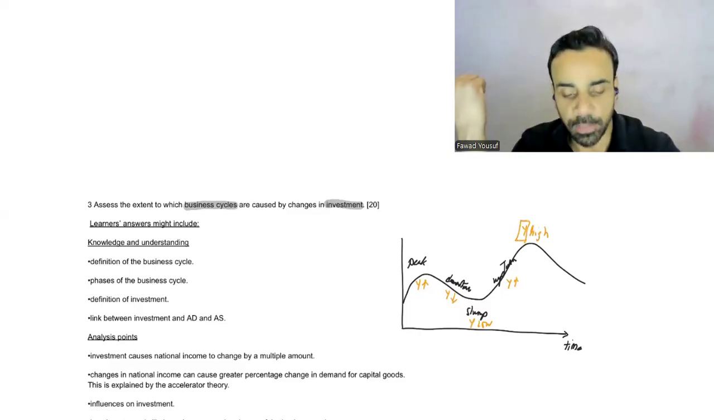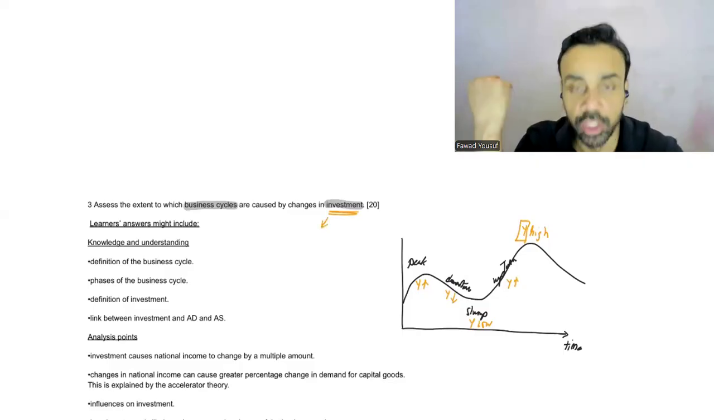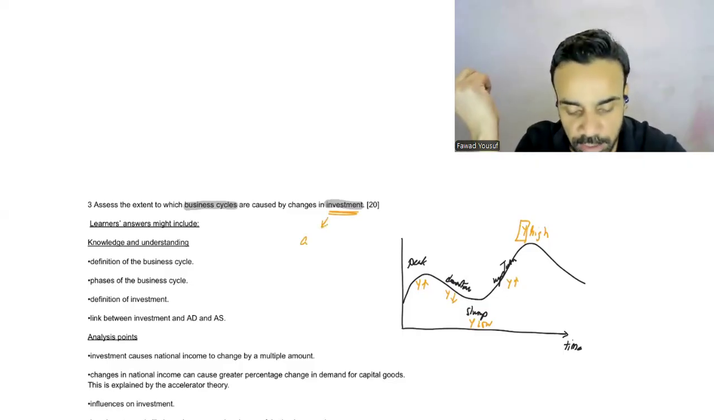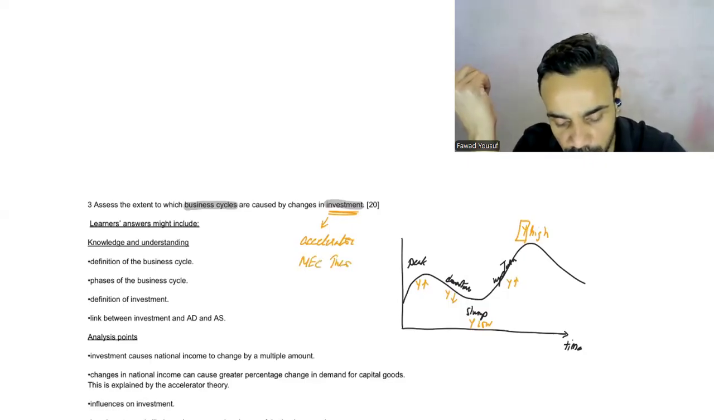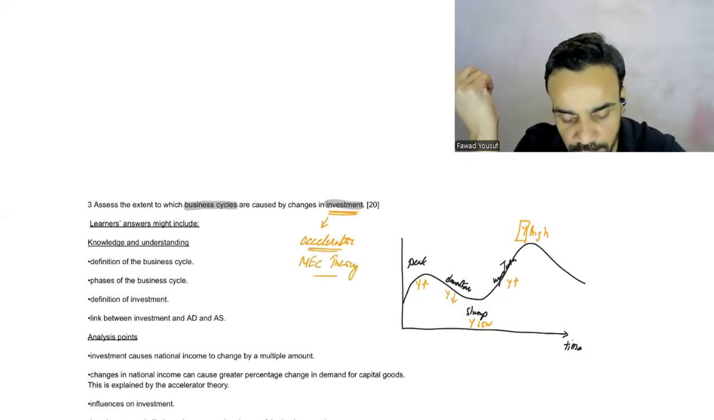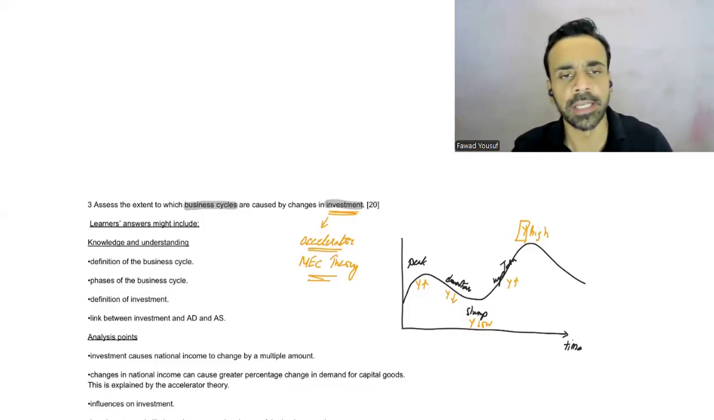और साथ ही में जब इन्वेस्टमेंट की बात हो गई है, तो इन्वेस्टमेंट में तो हमने थ्योरीज पढ़ी हैं. एक्सेलरेटर थ्योरी पढ़ी है, हमने एमईसी थ्योरी पढ़ी है. नाउ, हमने इन दोनों थ्योरीज के अंदर हम कहते हैं कि जब इन्वेस्टमेंट होती है, तो उसका इम्पैक्ट नेशनल इनकम